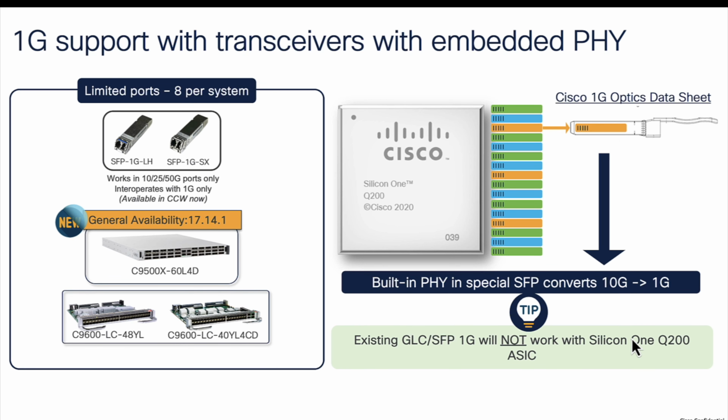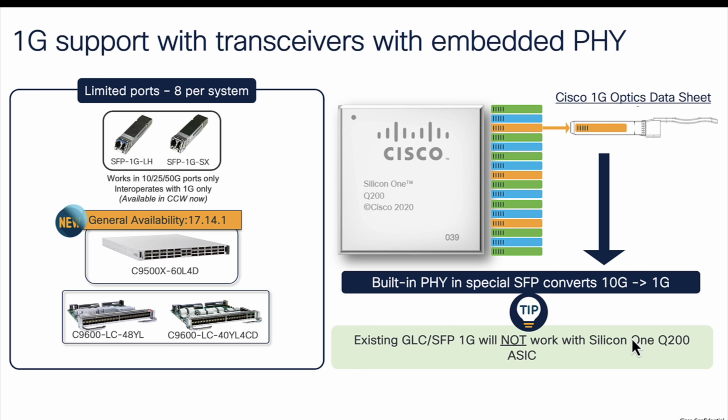In 17.14 release, we're expanding the capabilities of our Silicon One based platforms, specifically the 9500X and the 9600 line cards, by adding support for 1 gig capability. Due to the ASIC limitations, native 1 gig support on these switches is not feasible, but we've identified a growing need for 1 gig in core platforms. To address this, we've introduced two new special optics that can retime the signal from 10 gig to 1 gig. These new optics, now generally available, are the